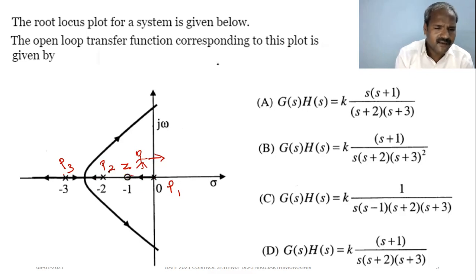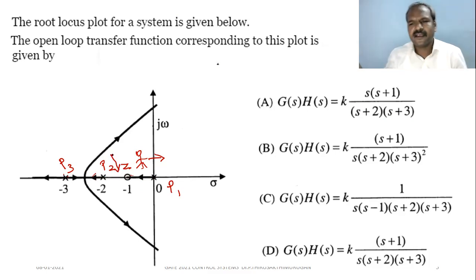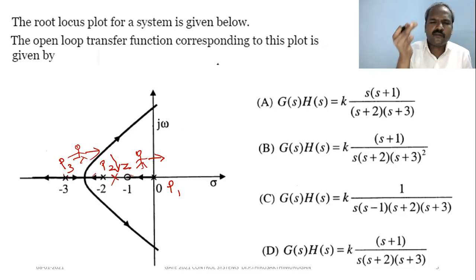Starts here and terminates at 0. See, you go here from the pole P2, if the branch starts. Similarly, from the pole P3, as per this norm, if you stand here and look into the right side of the position, one pole and one zero. So there is no branch here between this 0 and P. Now you stand here, as usual, look into the right side. So one pole P2, one zero, and one pole P1, 3 total number of poles and zeros. So definitely there will be a branch between -2 and -3.